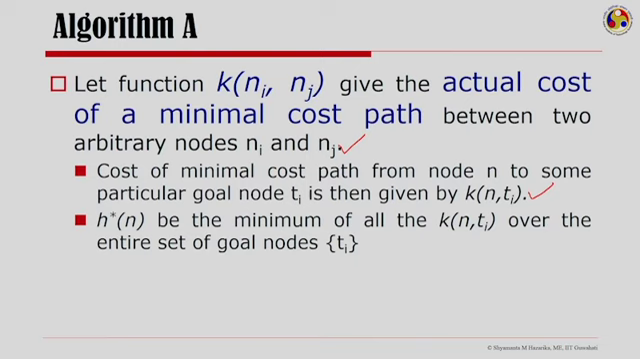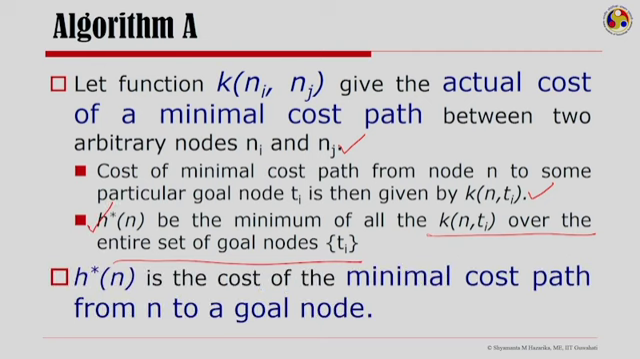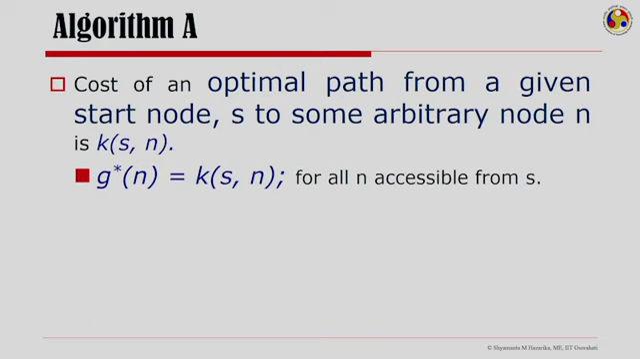h star n is the minimum of all such paths over the entire set of goal nodes t sub i that I could generate, and that is the heuristic value. So, h star n is the cost of the minimal cost path from n to a goal node. That is the cost of an optimal path from a given start node S to some arbitrary node n. That could be written as k s n, and we write this as g star n. So, g star n is the cost of the optimal path from a start node to a node n,